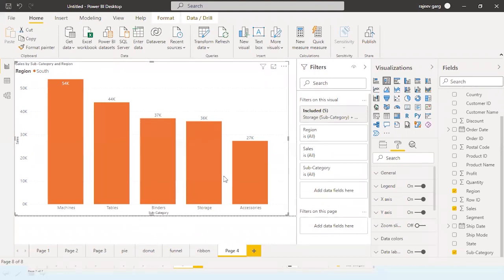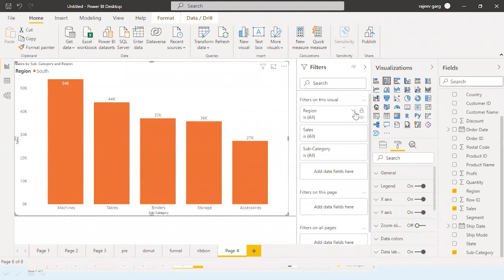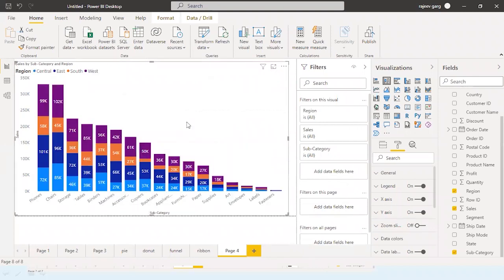Let's say include, and this is what we are getting over here. So we are only comparing machines, tables, binders, storage, and accessories, and we are getting the South sales for these respective categories. I can click on the cross and I will get everything back.